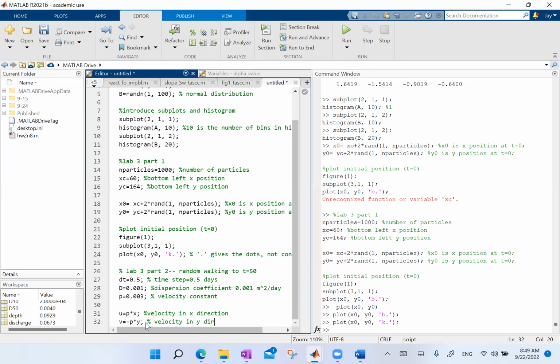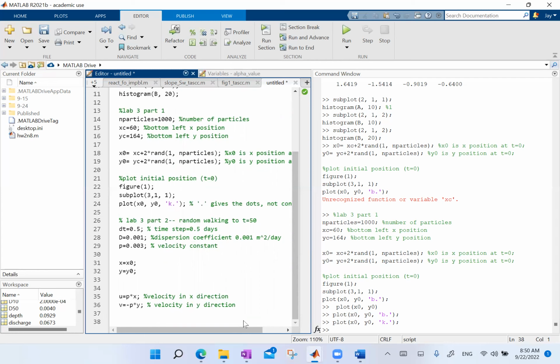All right, so that's the two velocities. And then now I have everything. I can write down the new position based on the position we begin with. So this new position is going to be x, the new x, in this case, we're not distinguishing them. So the new x is equal to the original x plus u times the time step dt, and then plus parentheses, we have square root of